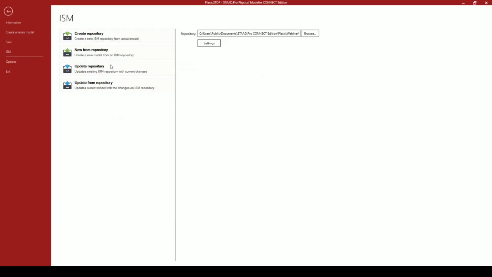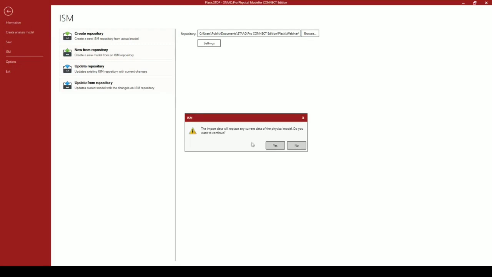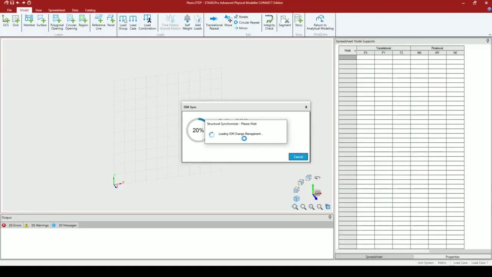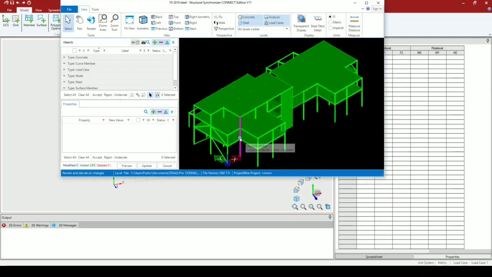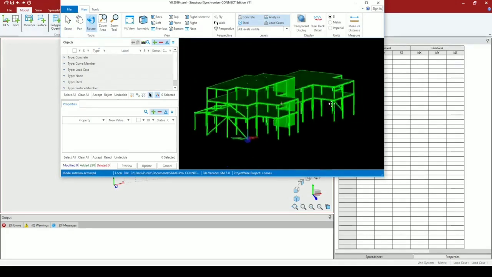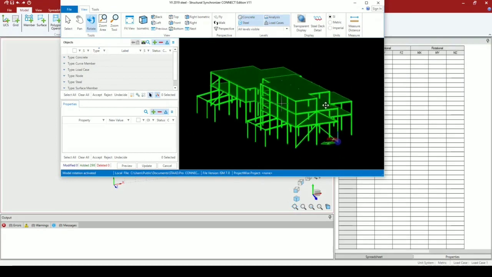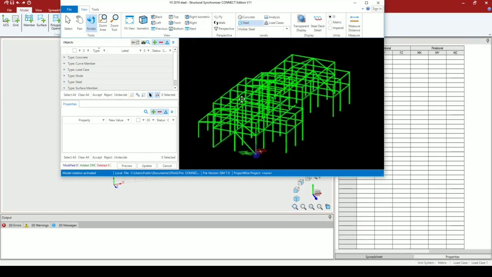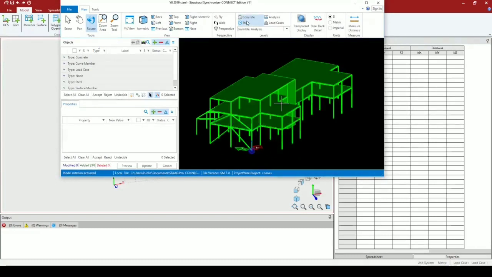This is in an ISM repository, which is the main tool that we're going to use to communicate between both Plaxis and STAAD. So you can imagine this has been created using a program like ProStructures or Tekla or even Revit. So that data is hosted in the information. It contains both the physical steel and concrete surfaces. All of